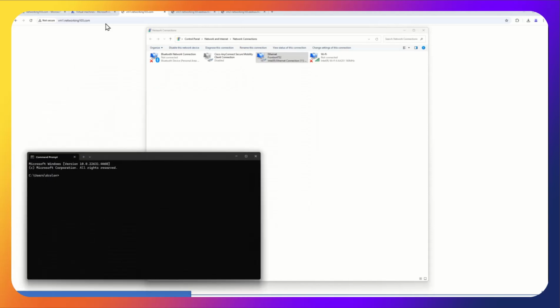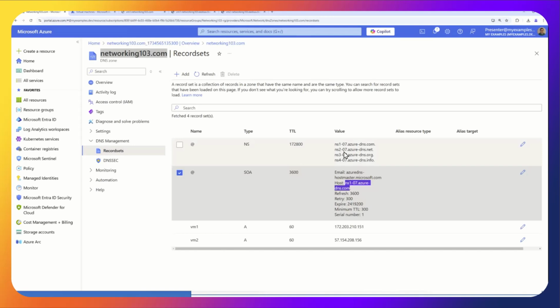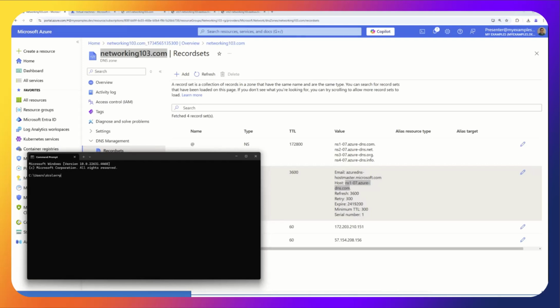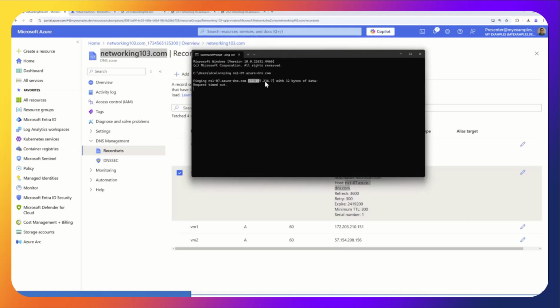I need to go to here, and I'm going to grab this DNS name server, because it's going to hit the top one first. I'm going to ping that address, and I'll get this IP address here.